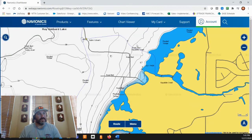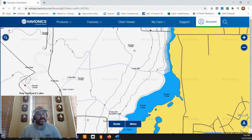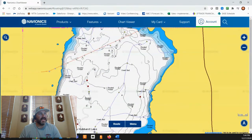And then you can start to open it up a little bit. But again, staying pretty much on this side, stay away from the timber on this side. You'll see the timber line that's here. Now, as you're coming up this timber line, you're going to stay on the right side and you'll start to